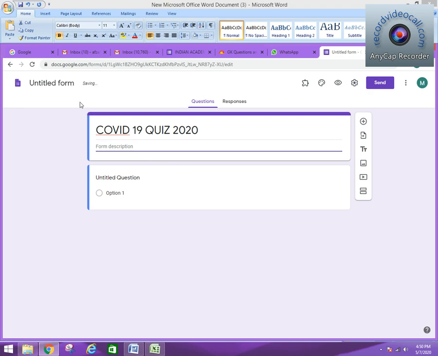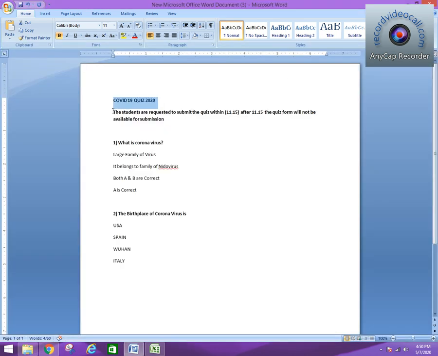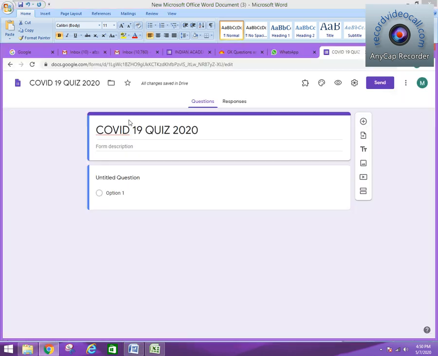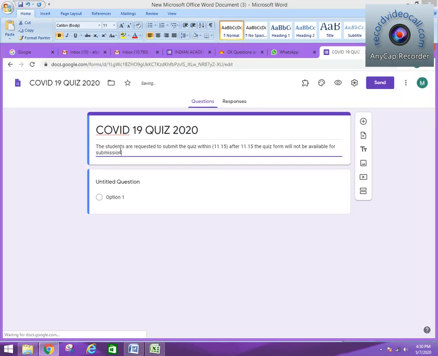After doing this, after clicking here, I can also click here so that the title will be there. Whenever you come to the form, you will understand. If this title is not there, you have to go inside and try to understand it. So just click here one time so that it will take whatever title you are given. The next thing is, I'm just going to give instruction to the students with the help of description here. I'm just pasting it. You can type it.